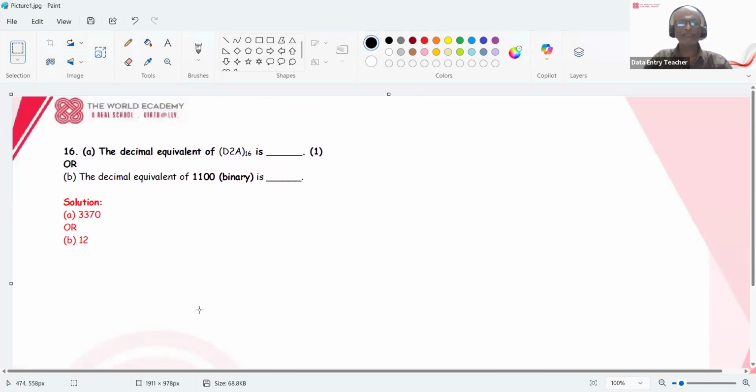So the decimal equivalent of D to A. So what you have to do, D is what, you know that the value of A is 10 and the value of D is 13. So D to A, what I can do, I can start with 16 power 0, 16 power 1 and 16 power 2. So now this will become D is 13. So 13 times 256